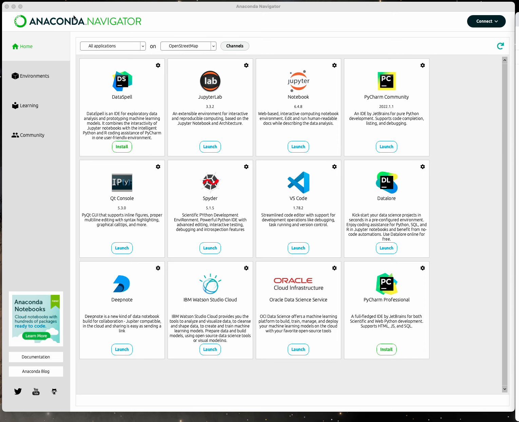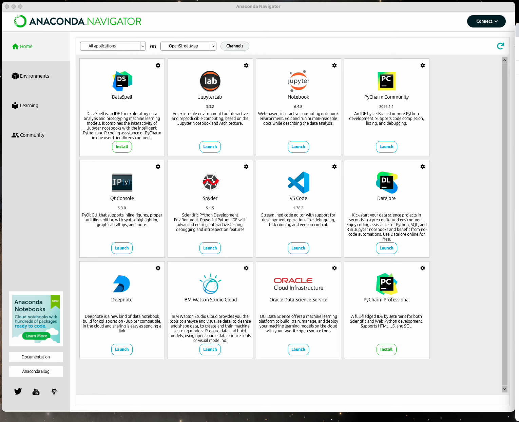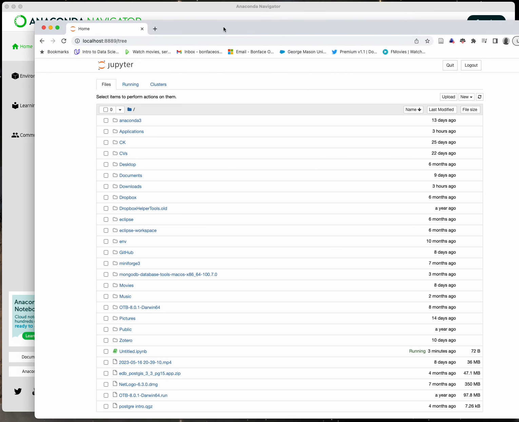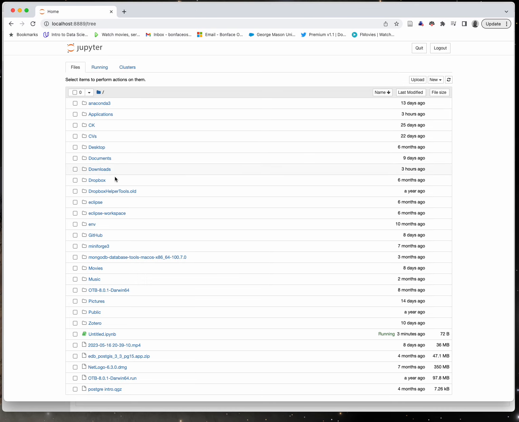So if you have Anaconda, as we did in our first tutorial, just click on the Jupyter Notebook. There's Jupyter Lab and Jupyter Notebook. For now, let's stick to Notebook and click launch, and then it's gonna launch on your web browser. If you're using Chrome, it's gonna launch on Chrome. If you're using Firefox, it's gonna launch on Firefox. So it takes time. I've already launched mine, and then